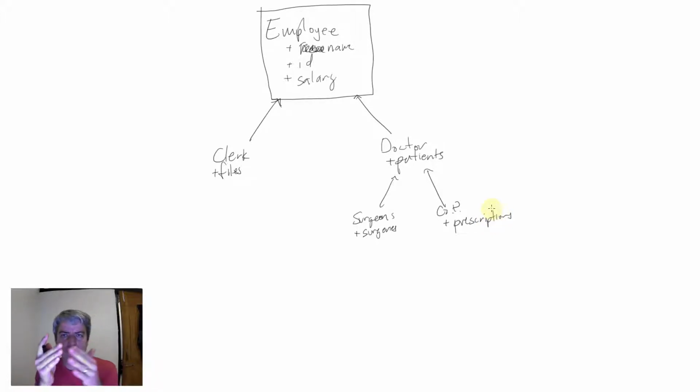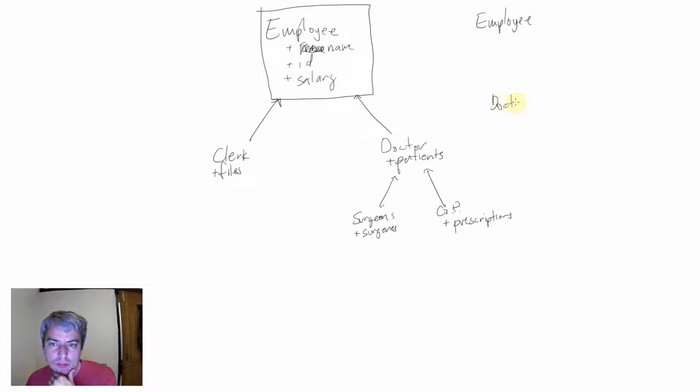We could even divide this, if we want to include nurses, into administrative employees over here and healthcare workers over here, and then healthcare divides into doctors and nurses. There are a lot of different ways that we could divide this up, depending on what we need. What's great about this is that if we wanted to code an employee class,